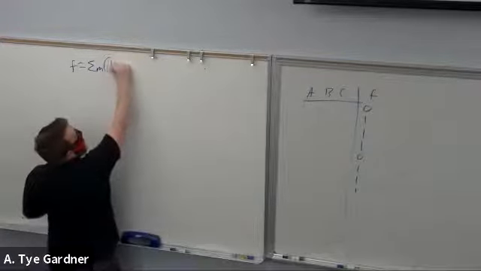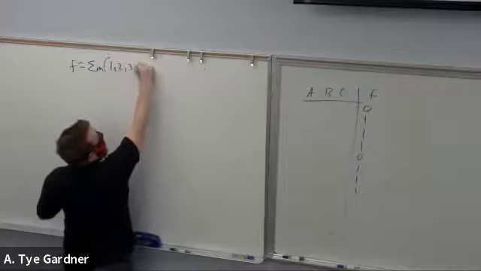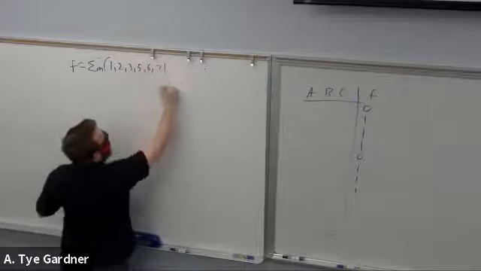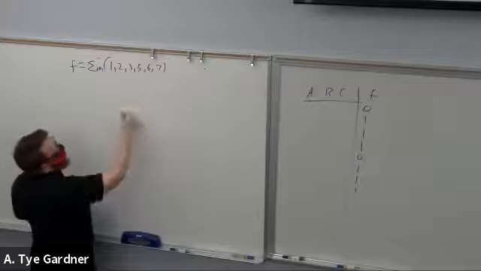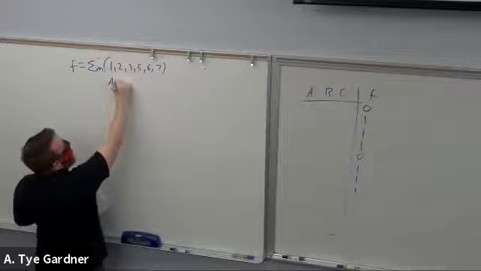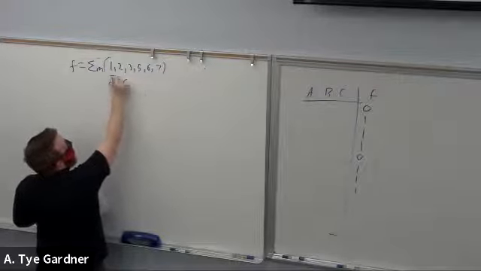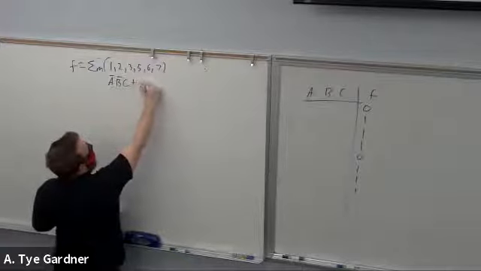So 1, 2, 3, 5, 6, 7. And I would write those out, and the min terms are something like not, or,